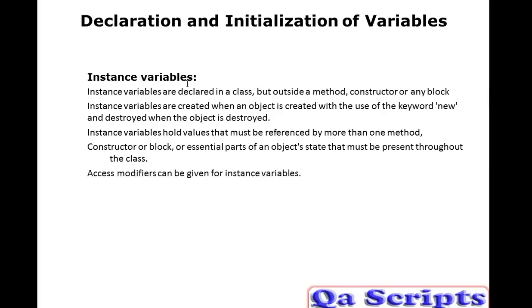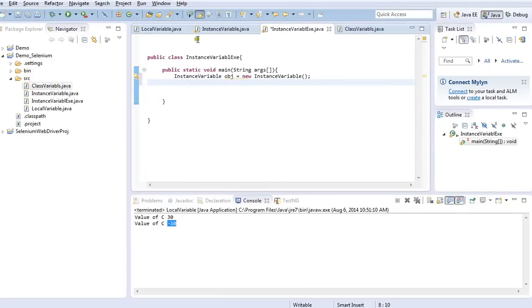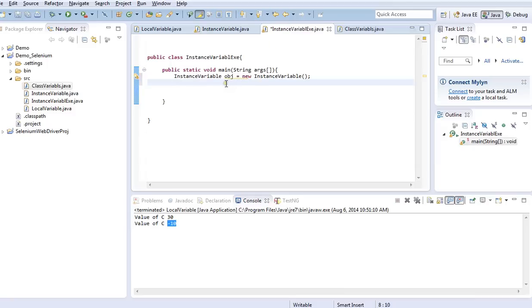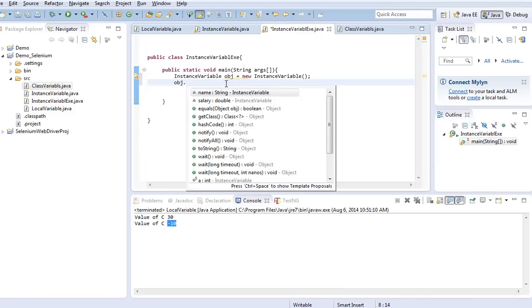Access modifiers can be used for instance variables. Here let me use the public keyword. If I use the public keyword for my instance variable, there are no errors. It means that it will accept access modifiers also. Let me say obj dot.